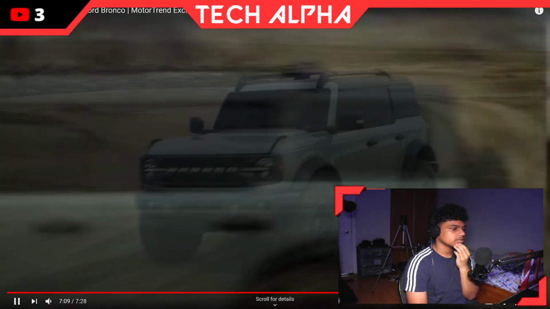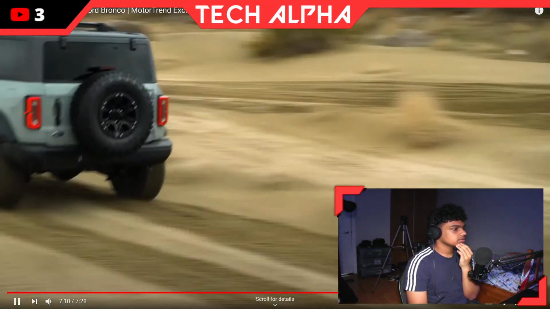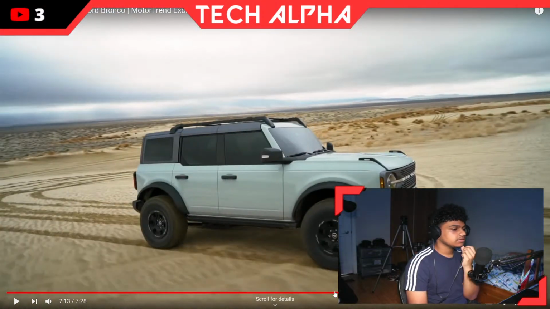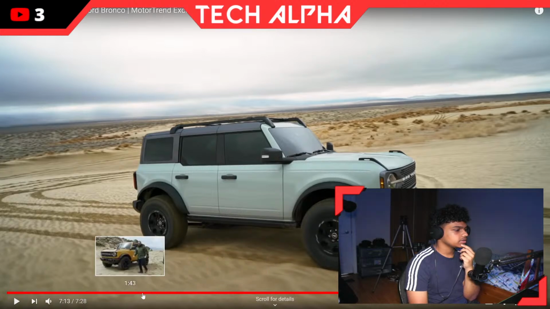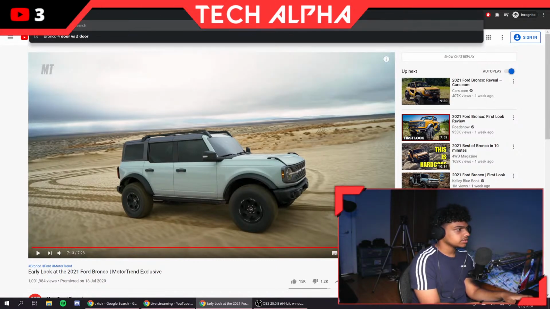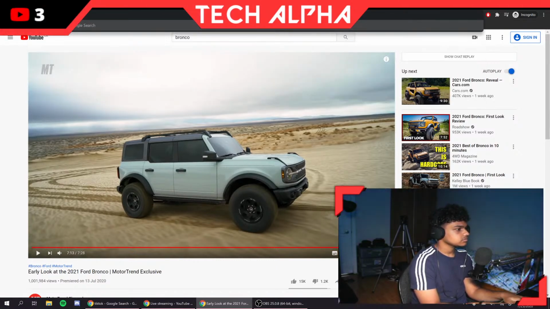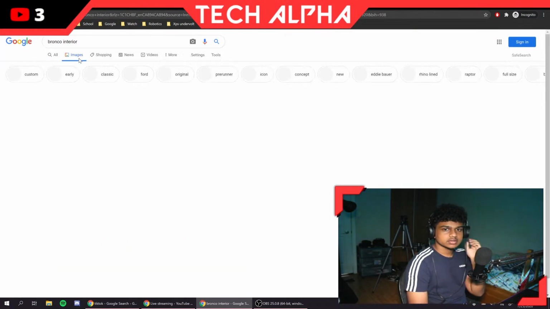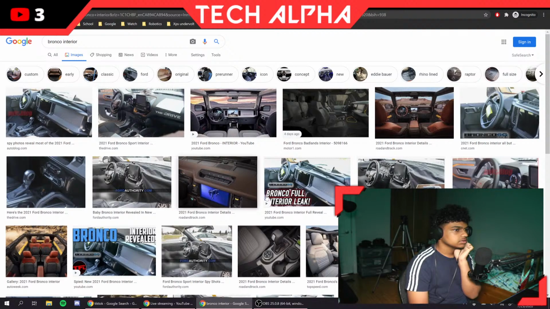These are probably review samples, right? No, just overall, even the design language looks way cleaner. The Jeep looks too outdated, and most importantly, in my opinion, the interior looks really clean.